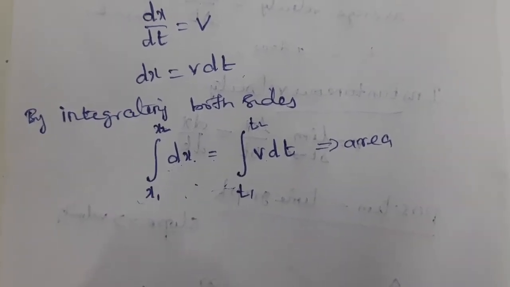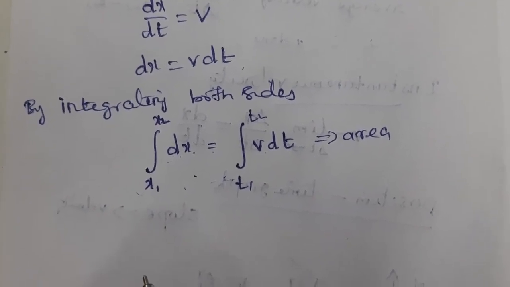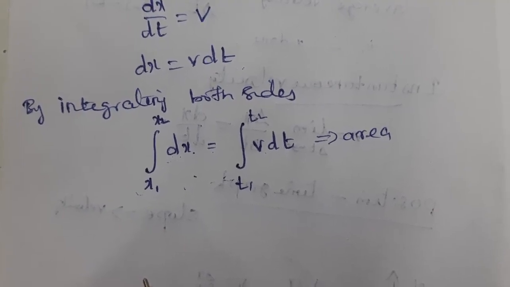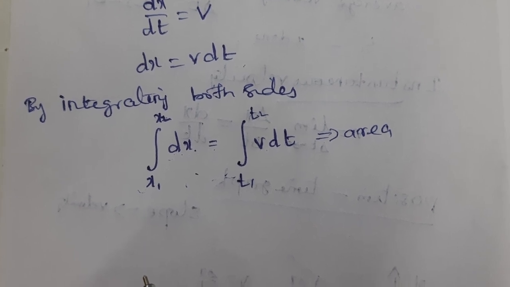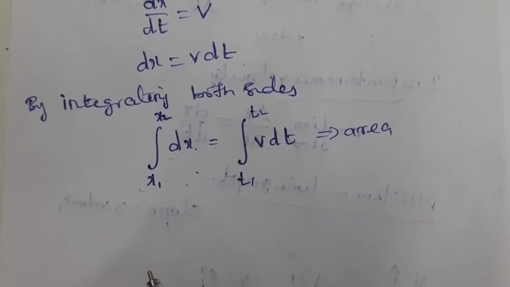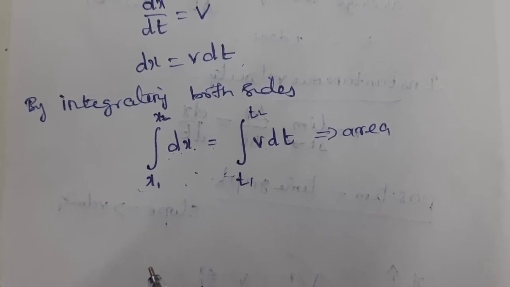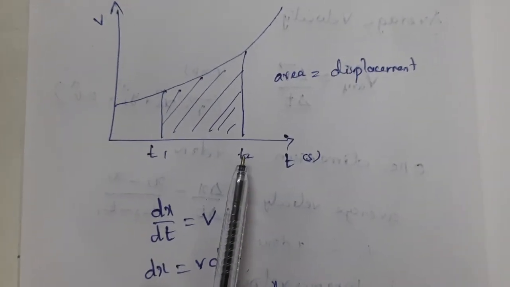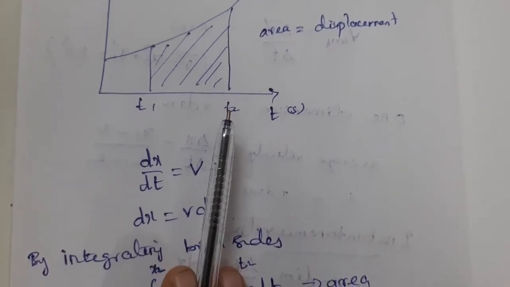So we have seen the average velocity in one dimension. This delta x by delta t. Instantaneous velocity means limiting the average velocity. So v equal dx by dt. When the position time graph is given, we can get the velocity by taking the slope. But when the velocity time graph is given, we have to take the area to get displacement. Let's see one of the problems related to this concept.